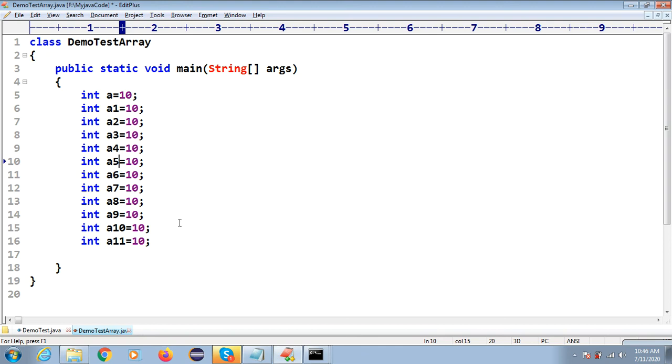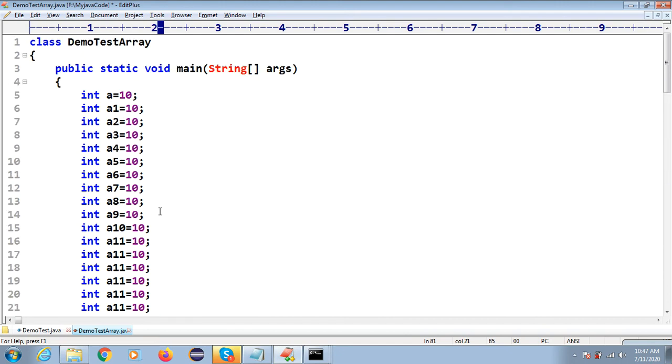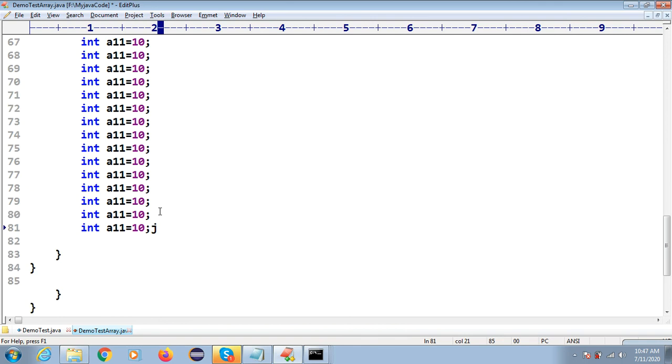It will take more memory in your JVM, and then the performance of the application is slow. If you have 100 data or 1000 data, can I create like that? Is it possible? No, it is not possible. This code is not readable. Our application performance is very bad if we develop the code like that. So that's why we have the array concept.